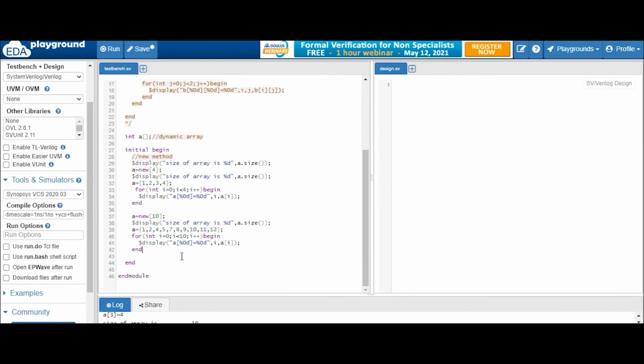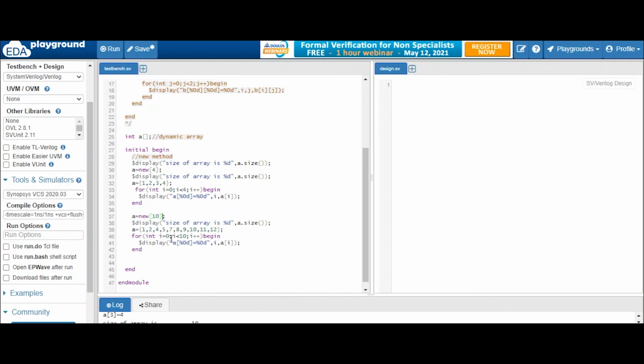The third case basically is, let's try it here only. First we assigned the space as 4, then we assigned the elements also, 1 2 3 4. Now again you are resizing your array, but after resizing the array, you don't want to delete this data. Even if your size is increased, you want to retain this data.